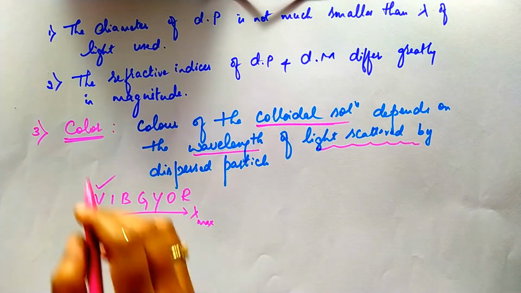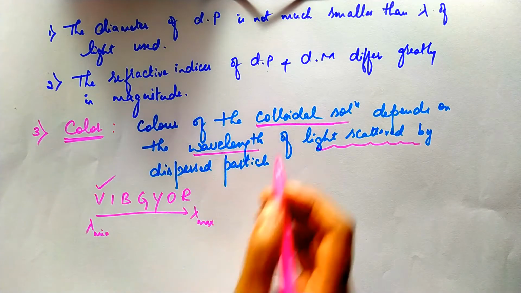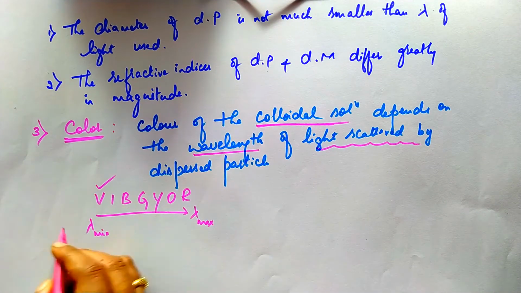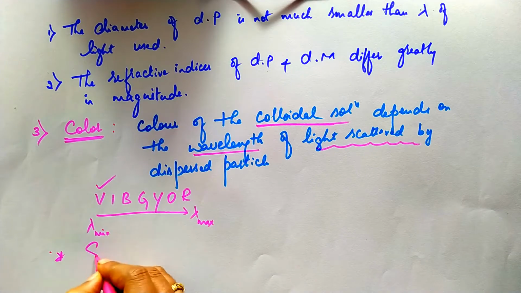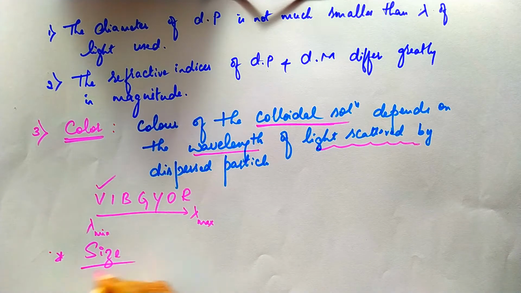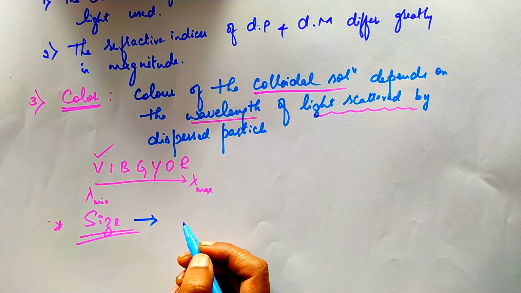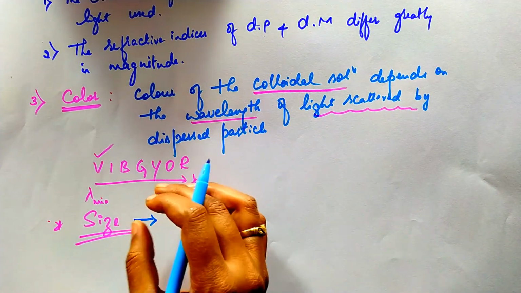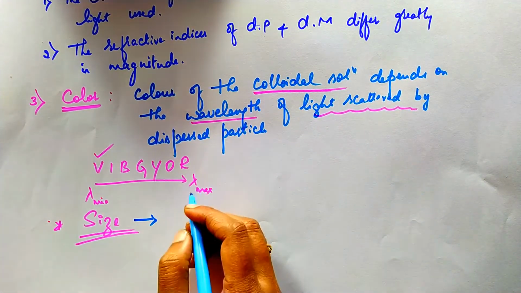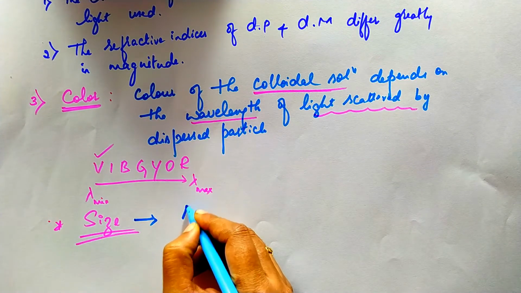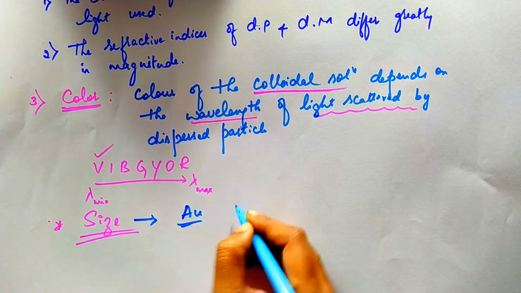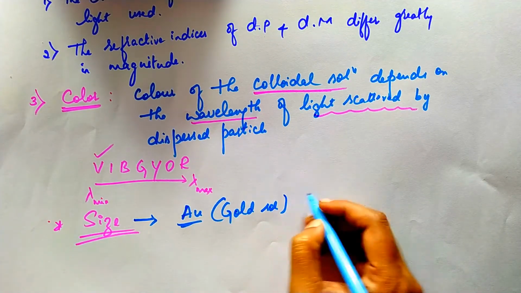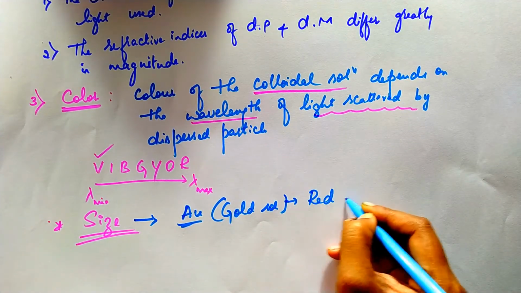And also the color of the colloidal solution depends on the size of the particle. As the size increases, the color of the colloidal solution changes. For example, I am taking the gold sol, that is Au. So gold sol, which is red in color,